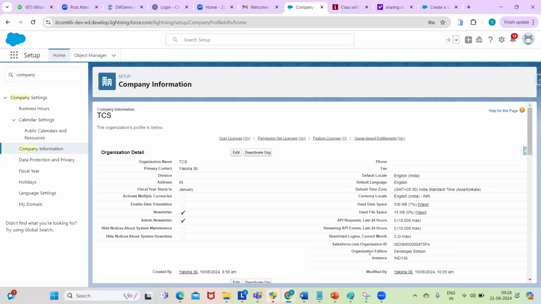See organization edition. This is Developer Edition. Here we have to see Unlimited like that, Enterprise, Professional, and similarly Developer Edition we have. Instance, server. Okay, the server is IND136. Means, see here,